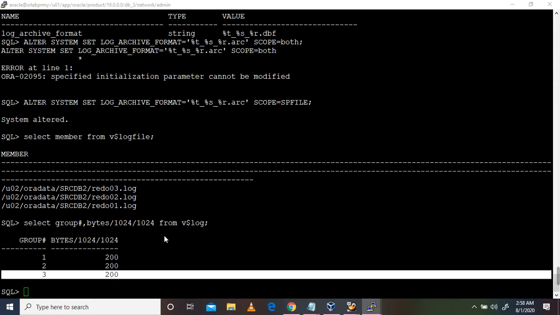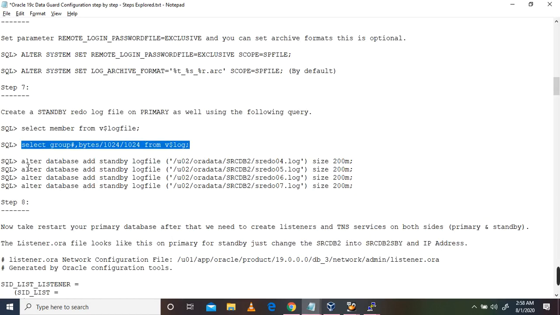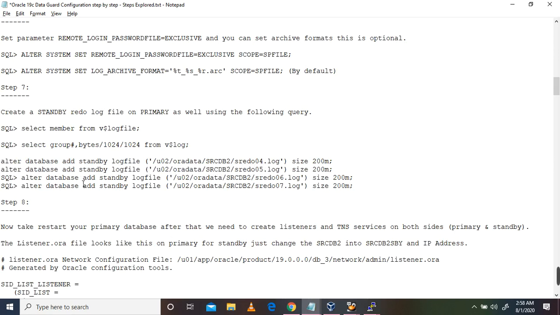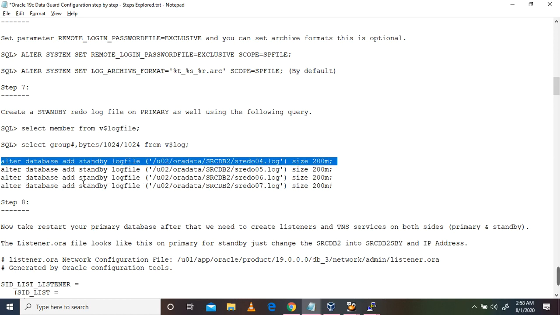So we need to create the standby redo log files on the primary side. Also, once the standby database is created, we need to create standby redo log files on the standby side as well. It is helpful while we are doing switchover activity. This will be very useful, otherwise it will fail.